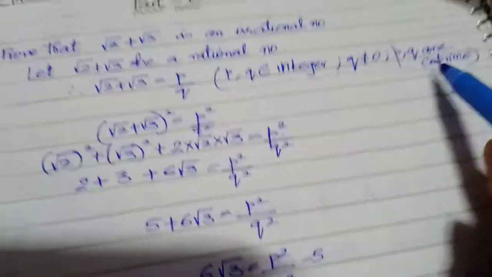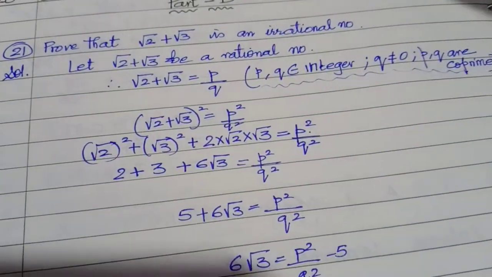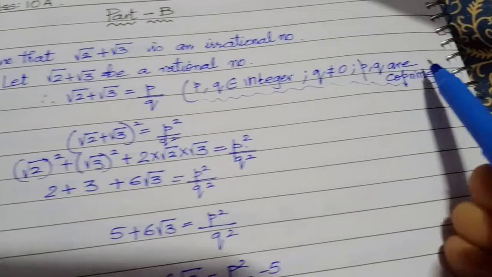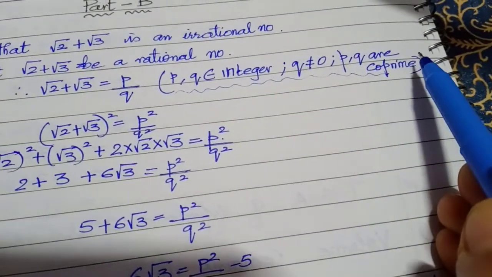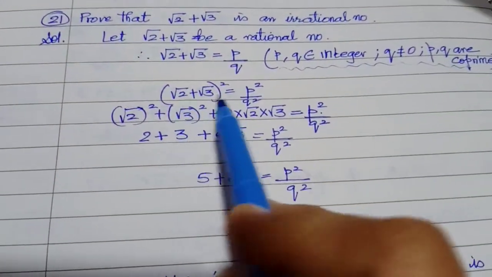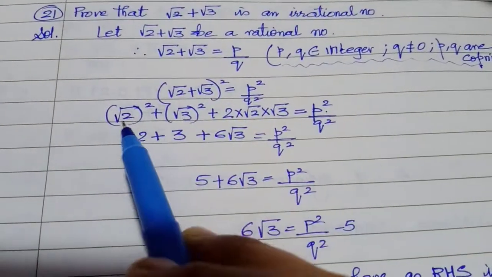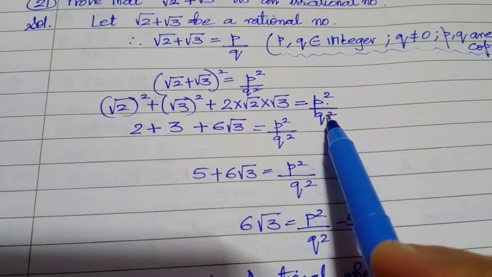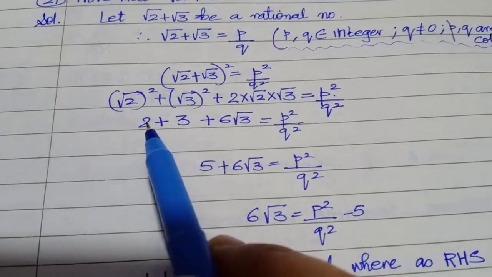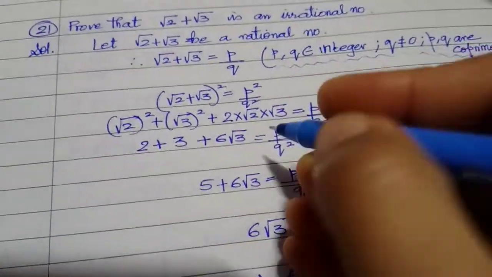to be written. अगर ये वाला portion नहीं लिखा होगा तो it becomes meaningless of your proof. Because here you are saying that p and q are co-prime. So squaring both sides, root 2 plus root 3 whole square: a square plus b square plus 2ab, and this way you get the square on the right hand side. Root 2 square becomes 2, root 3 square becomes 3, and this becomes 2 root 2 into